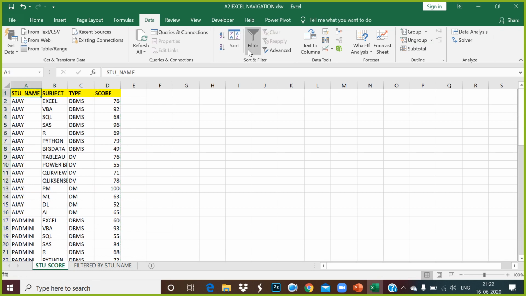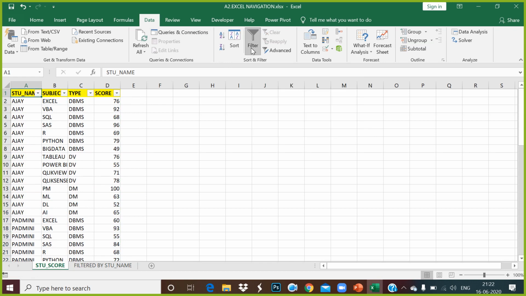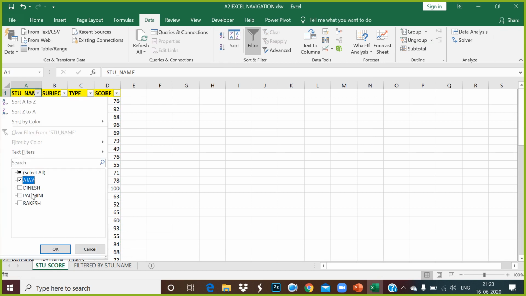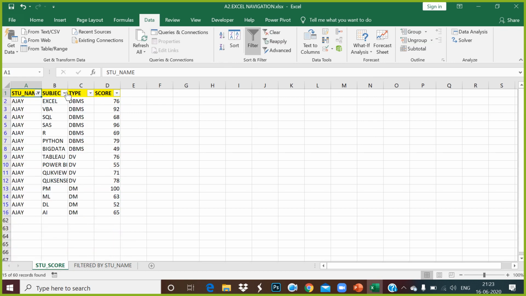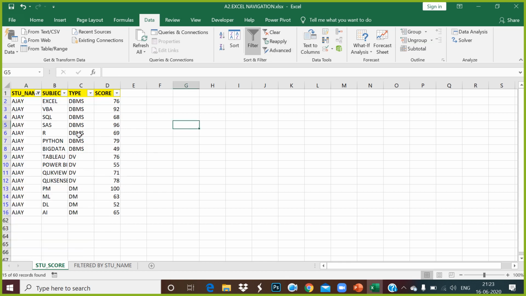Now, if somebody says, could you please tell me how to select two subjects from DBMS, two subjects from big data, two subjects from data visuals, and two subjects from data mining for Ajay? How should you go for doing that? First, you select Ajay, select DBMS, so two subjects for DBMS. How will you go for selecting that? Select it for big data, select it for Excel. Then two subjects for each is going to be very difficult, because when the requirement comes like two subjects from each type, it is going to be difficult for you to choose it.